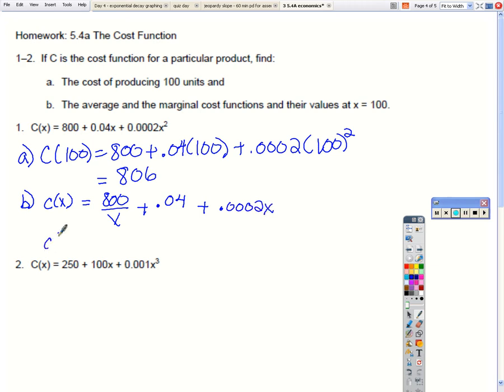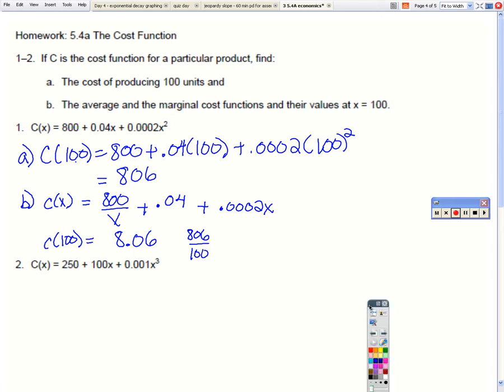And when you plug in 100 to the average cost, you should get 8.06. Now there is a shortcut. Because we found the cost of 100 units, we could also take 806 and divide by 100, because it's 100